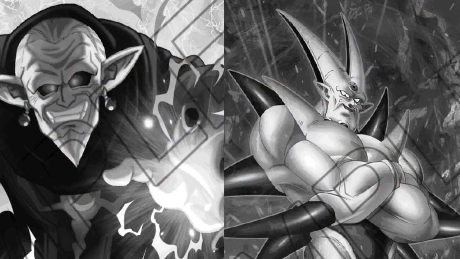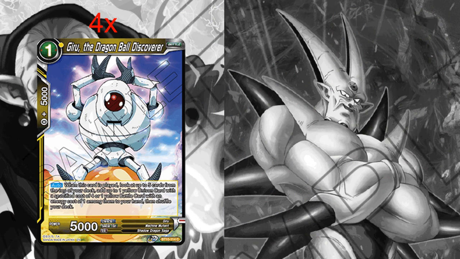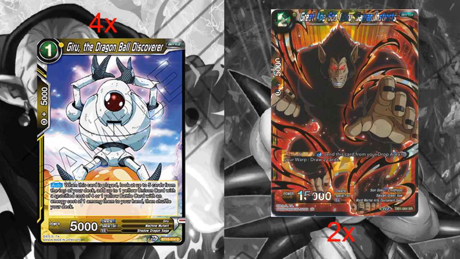To round the deck out, we are going to be playing 4 Giru the Dragon Ball Discoverer, a simple 1-drop that looks at the top 5 for either a negative energy ball or our 4-drop Mekiroba. We're also going to be playing 2 Great Ape Goku Saiyan Instincts. If you don't have the money for this card, you can swap it out for something else, but Shenron does not have a lot of draw power built in, so it is a very good card to have in this